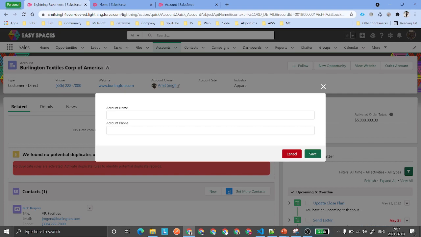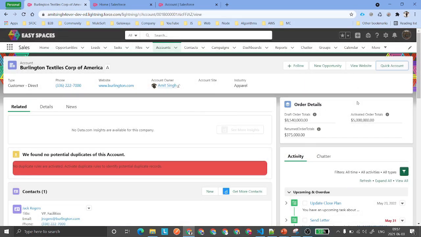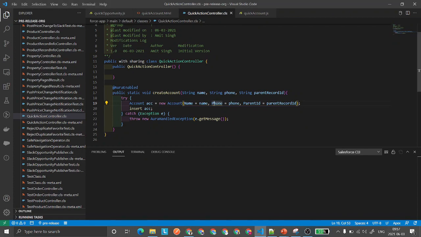So now you can see here we have got account name, we have got account phone. If we click on the cancel button, it is also closing our quick action. So basically we have got everything that we need. Now the next thing that we need is to call this method, which is create account, from our JavaScript